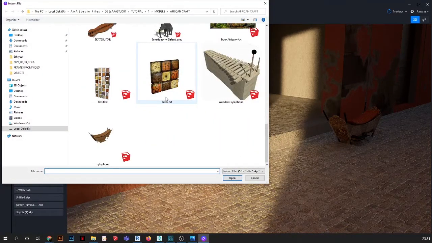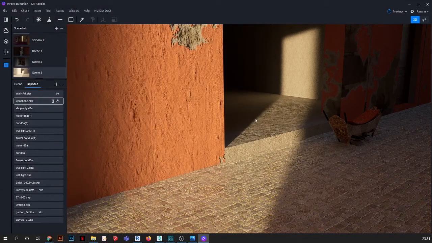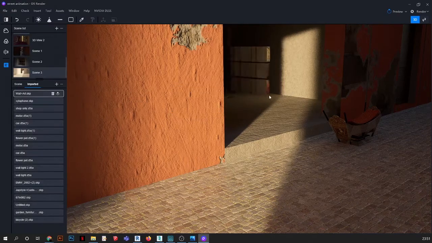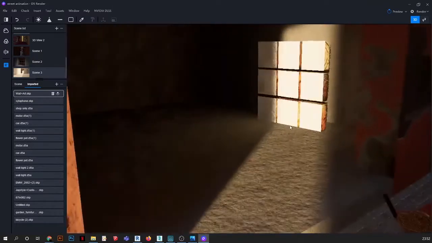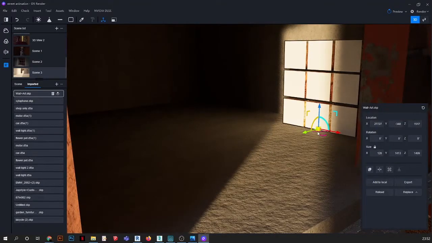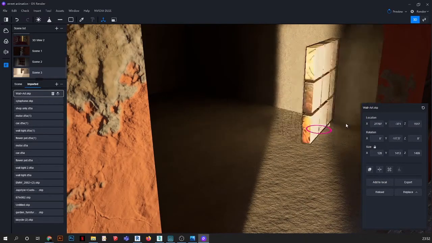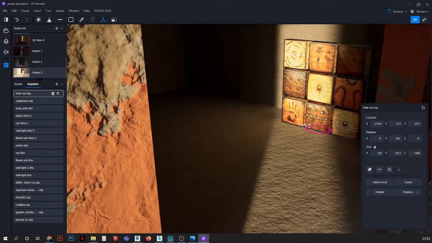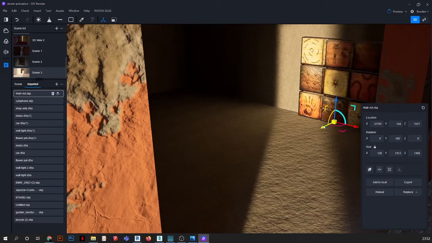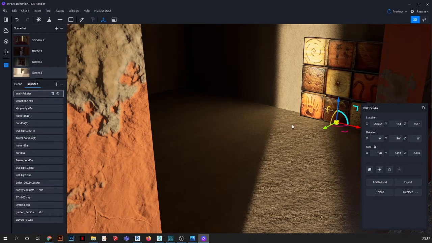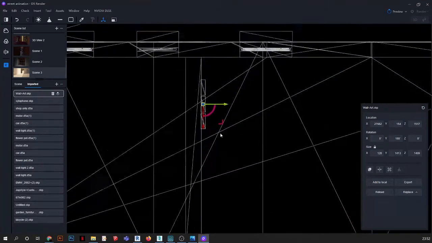So this is just to give you an idea of how this scene was created. And so here, what I did was that I just positioned these here and I rotated them like that, and I just positioned them in. And you can also go to top view by pressing T, so that you can see